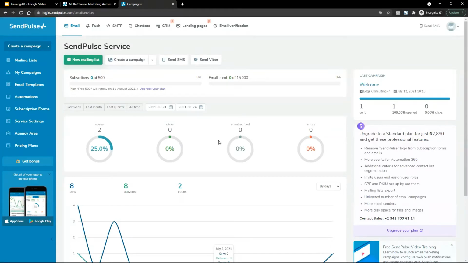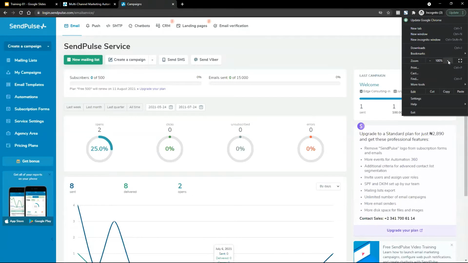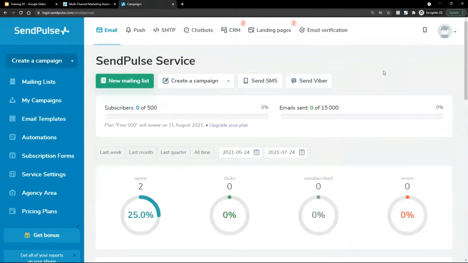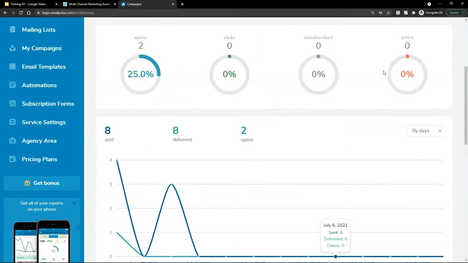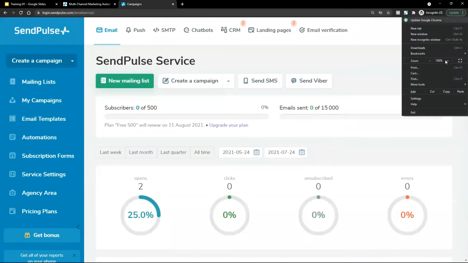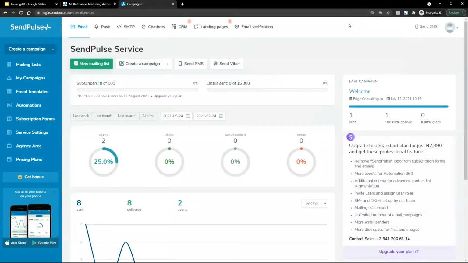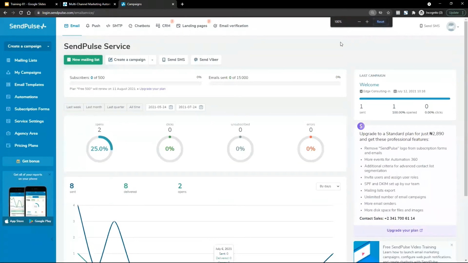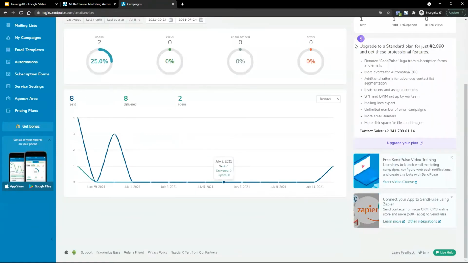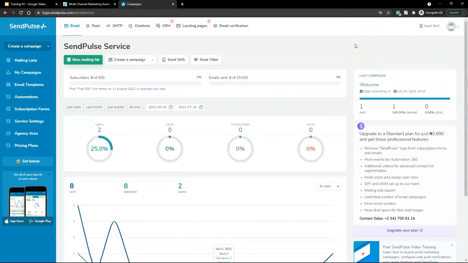Also, your screen resolution might be different. I'm using my laptop, and it shows this way. Depending on your screen resolution, the laptop can show it somewhere like this, or somewhere like this. But this is my laptop resolution, so I can see the whole thing spread out this way. So now that we have our SendPost account,